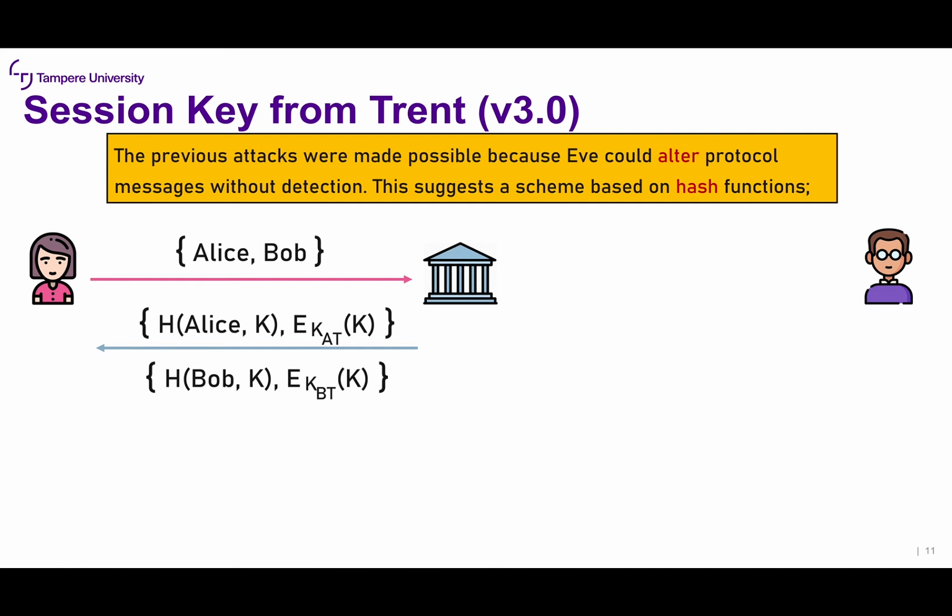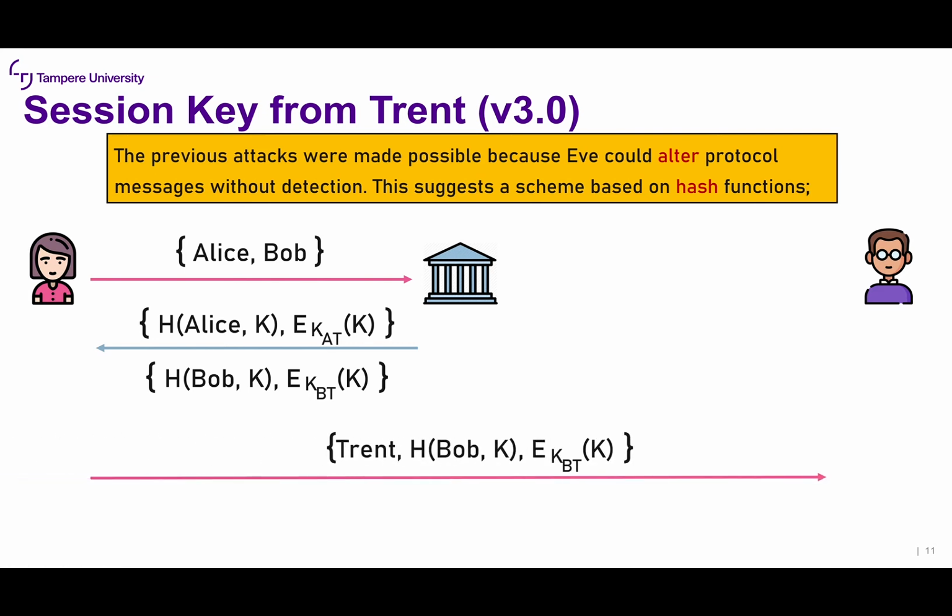Good. So what Alice is doing is that she decrypts K and then she calculates the hash of Alice concatenated with K, checks if the two hashes are equal, and then, if they are equal, she calculates the hash of Bob concatenated with K, and checks again if the two hashes are equal. If they are equal, everything's good, and she moves on to the second part of the message, which is basically